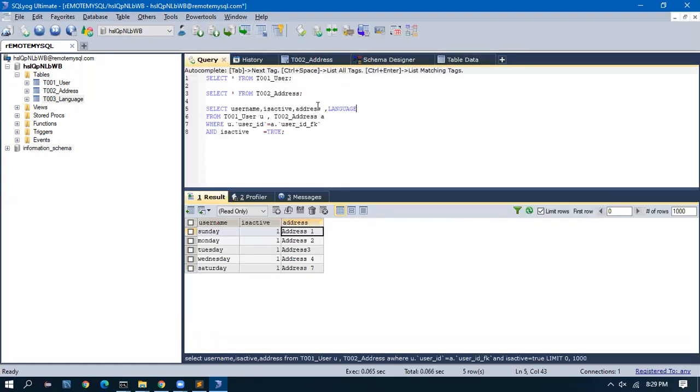I will come back to the query. So language underscore spoken from. Now there is a third table which is involved, which is the language table.